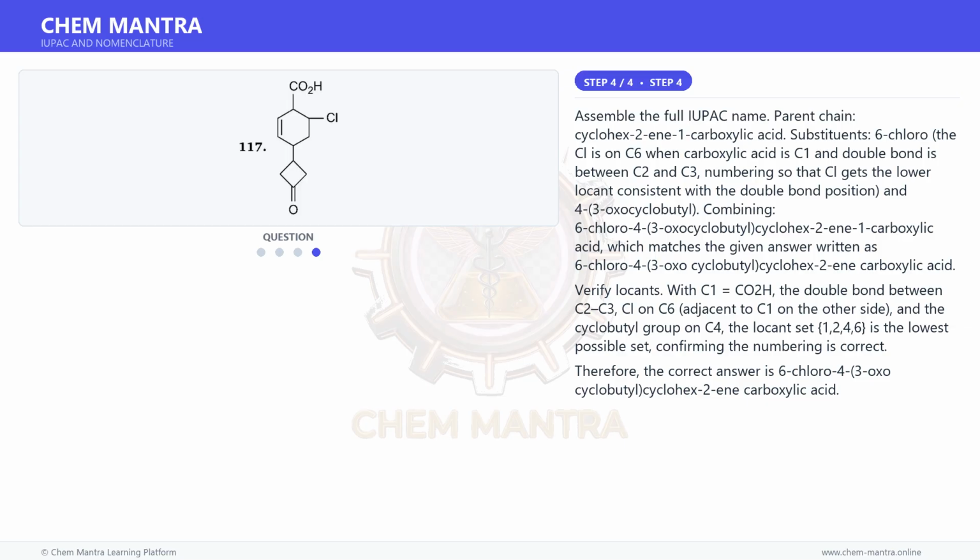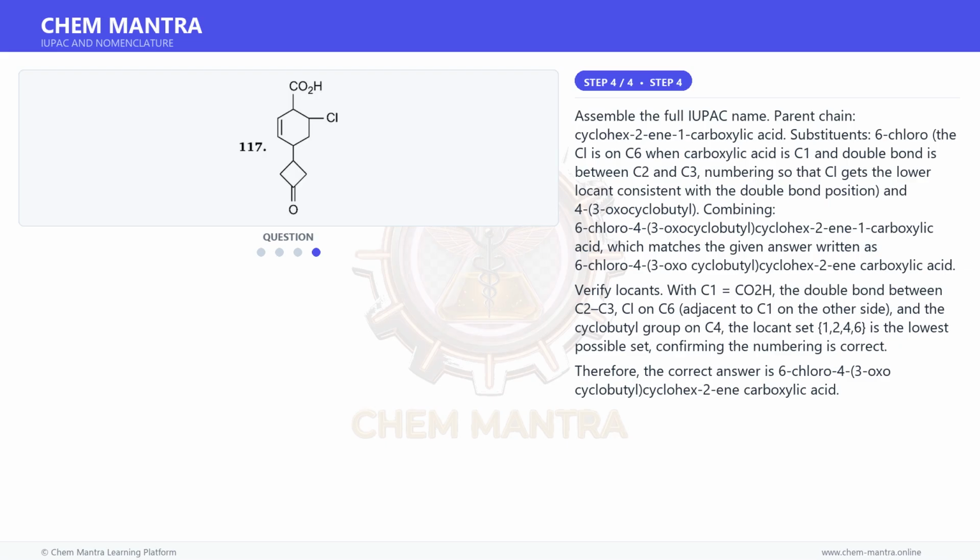And for the final step, assemble the full IUPAC name. Parent chain, cyclohex-2-ene-1-carboxylic acid. Substituents, 6-chloro, the Cl is on C6 when carboxylic acid is C1 and the double bond is between C2 and C3, numbering so that Cl gets the lower locant consistent with the double bond position, and 4-(3-oxocyclobutyl). Combining